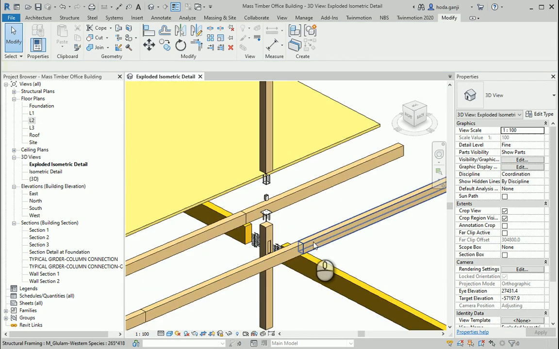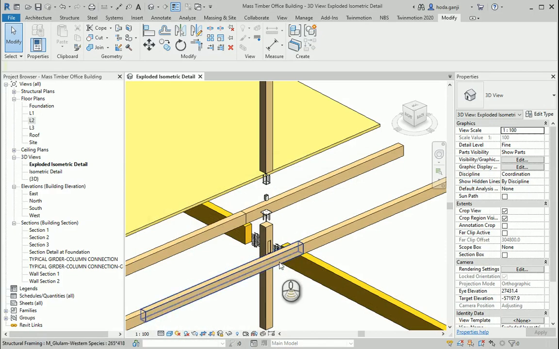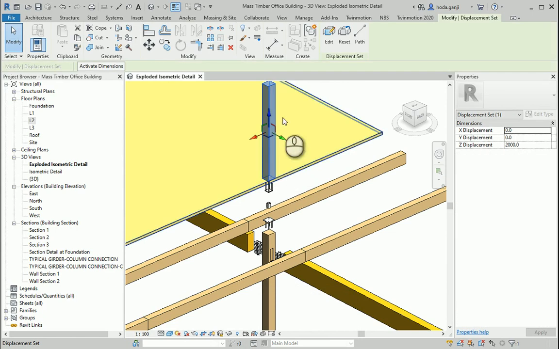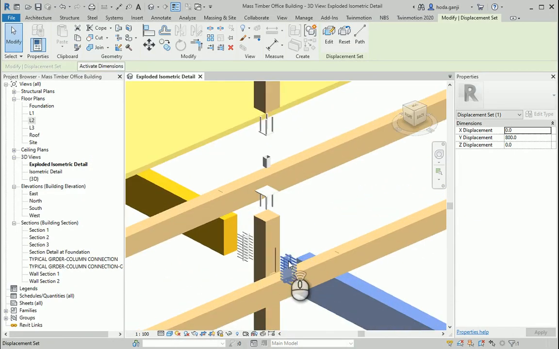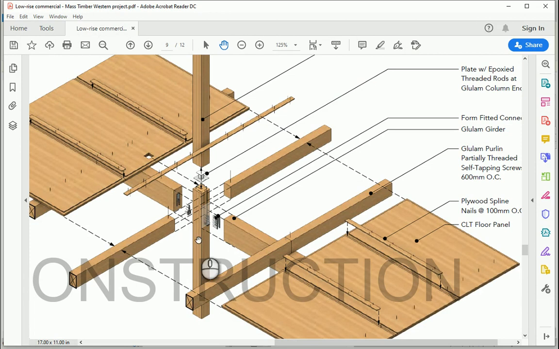Okay, so we see the joists in here, which is good. I want to create some path. How about the beam? Maybe I could show the pathway for the beam on the 4 corners.